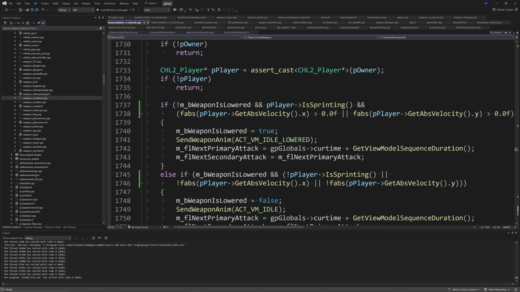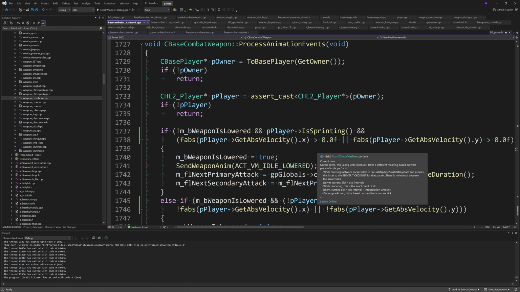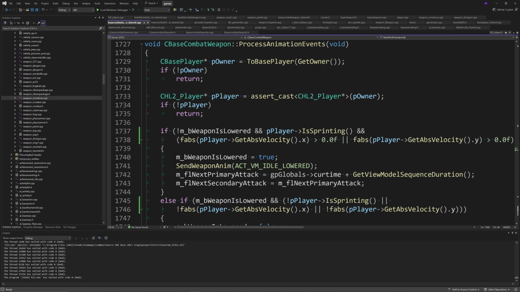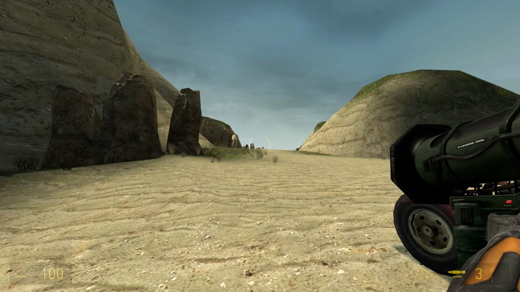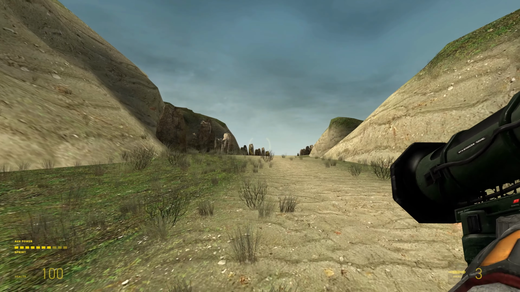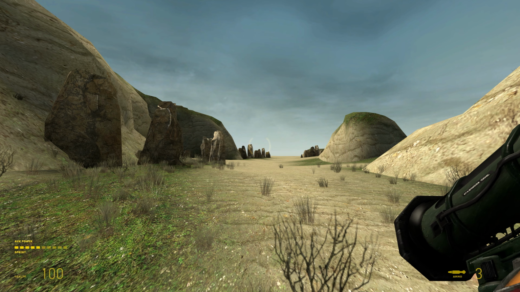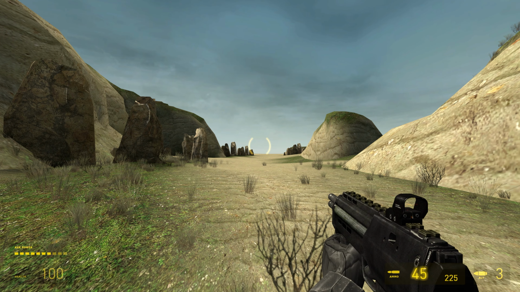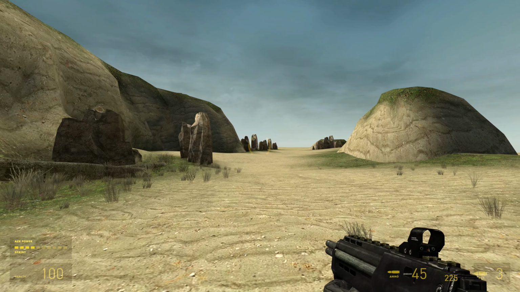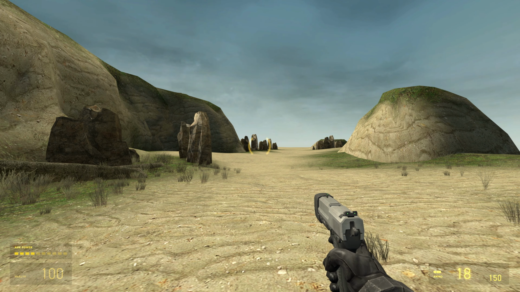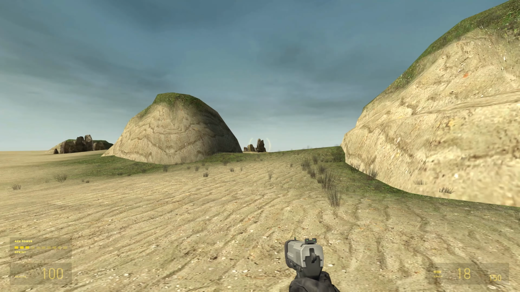And yeah, that's all I really did there, but there's going to be a couple of other issues. For example, if I was to just show you this code at this point, then you'll see the weapon kind of bob up and down when you're sprinting, as if it's going from the idle position to the idle lowered, but then back to the idle position again instead of just staying in the lowered position. So for that, I do need to give a thank you to my Discord server for trying to help